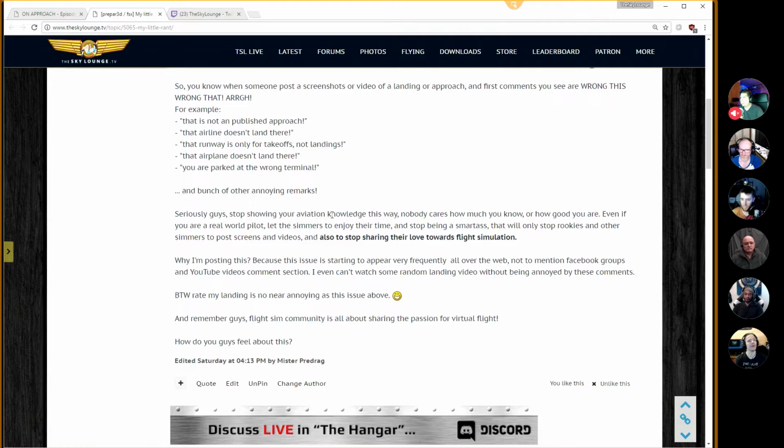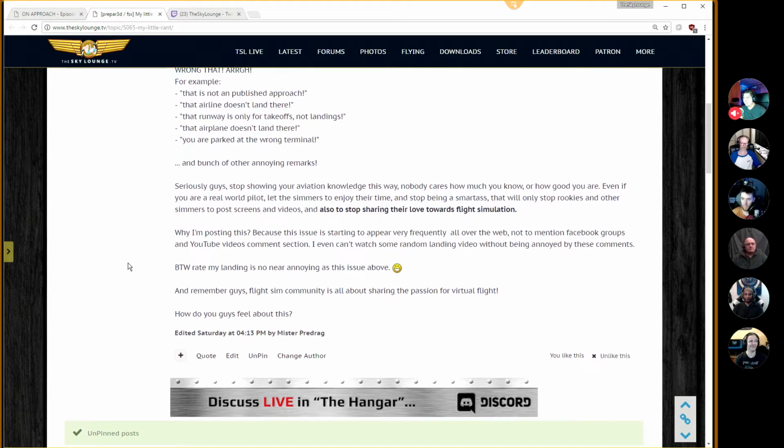When someone posts a screenshot or a video of a landing or approach, the first comments you see are, wrong this, wrong that. He says, for example, that is not a published approach, or that airline doesn't land there, or that runway is only for takeoffs, not landing. The list goes on. There are an infinite number of things that people will point out. How do you guys feel? Are you as annoyed as Mr. Predrag? As a simmer and a streamer and a host, I hear this all the time from people in the chat, or you'll get some arsehat come in and start spouting this stuff. I'm just...